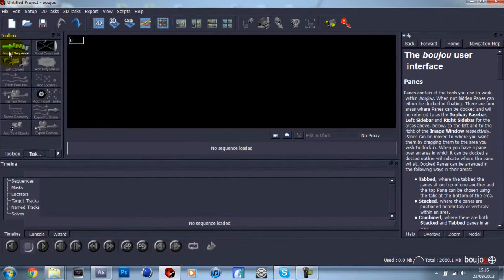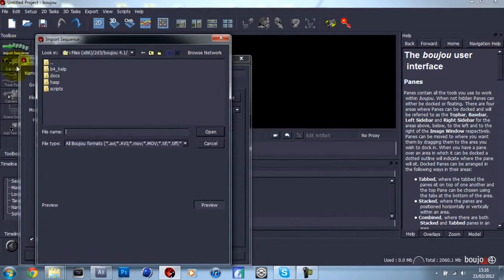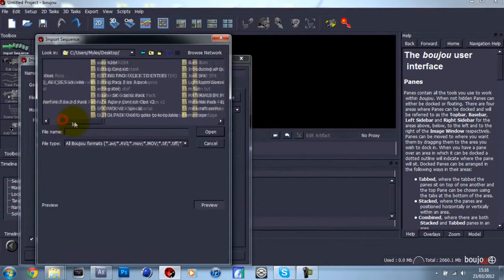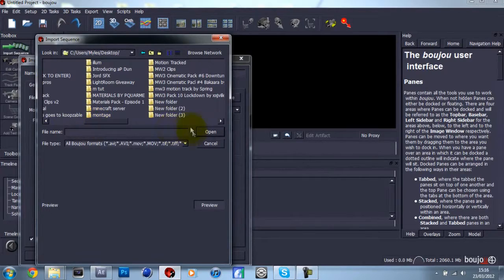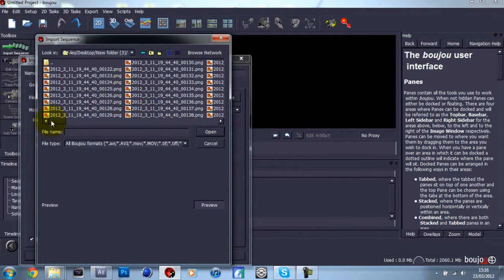So go to the toolbox, go to import sequence, and then find where you saved it. I saved it on my desktop, and I can't remember what I named it. I think I named it new folder 3, something like that. Now,